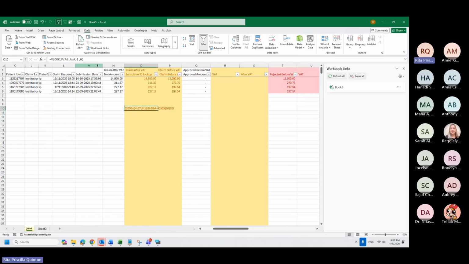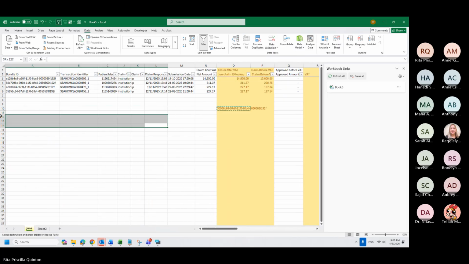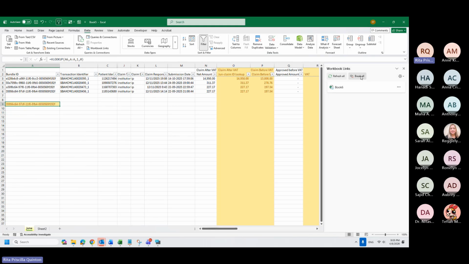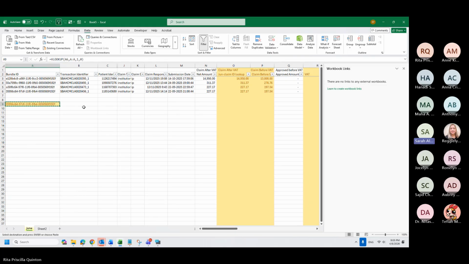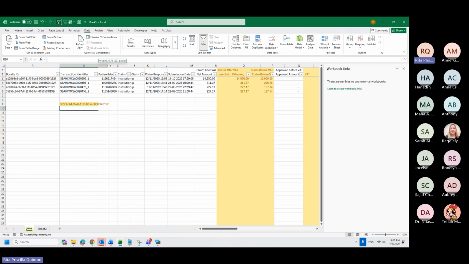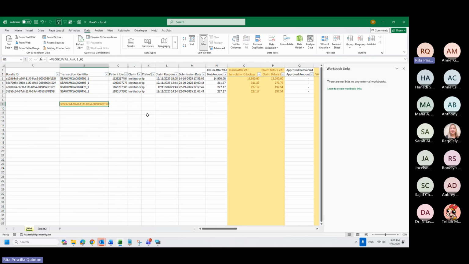So if my VLOOKUP is within this file and I break it all, this will not go away. This formula will not go away, because this is only for those linked to other workbooks, the Break Links over here.